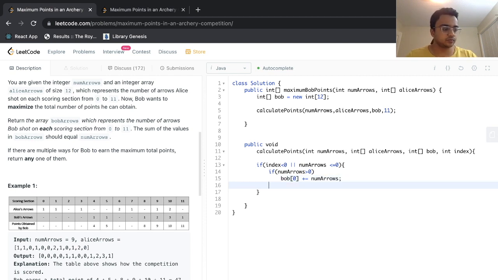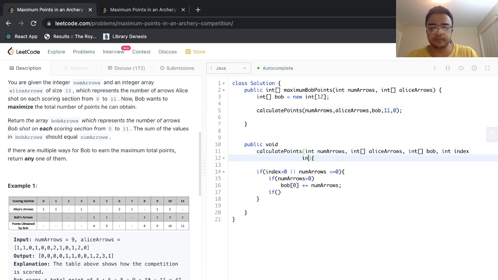Else, so we also have to check the current points that we have. Oh yeah, and so we also have to pass the points that we have. So there will be another parameter here, which is going to be the number of points. So if points is greater than the value that we have as max points, and I haven't set this variable yet,